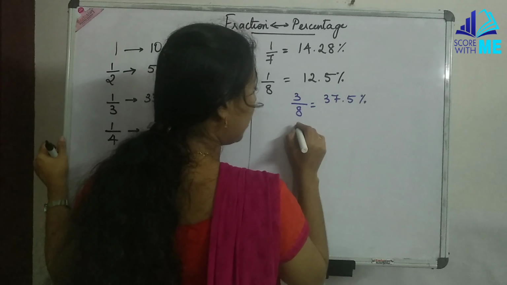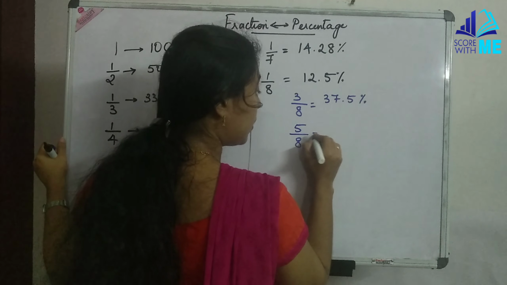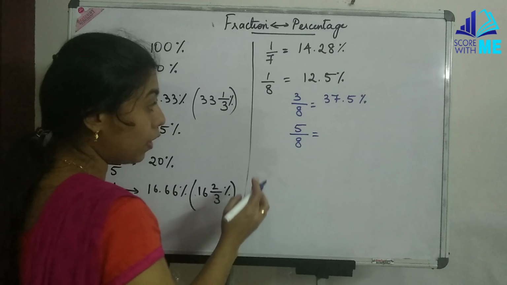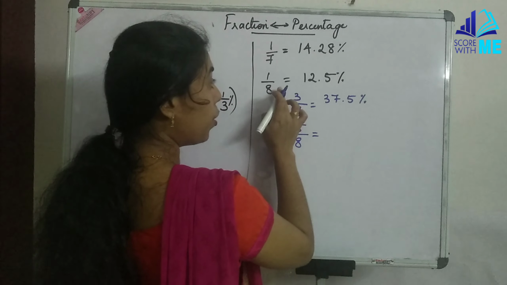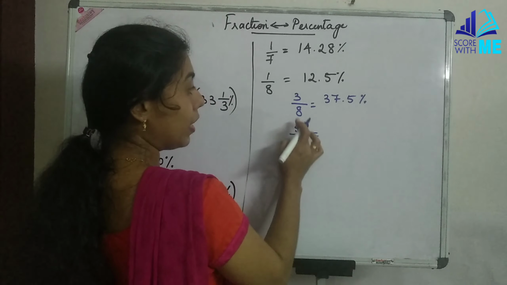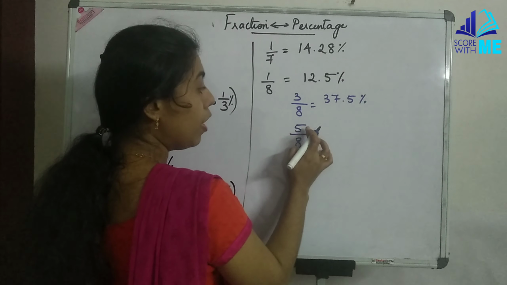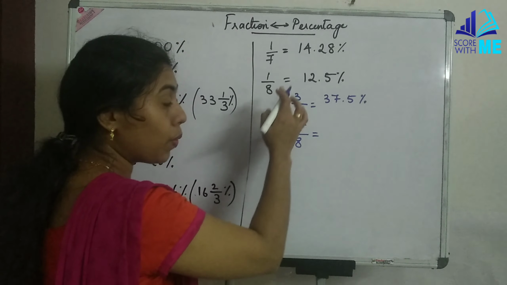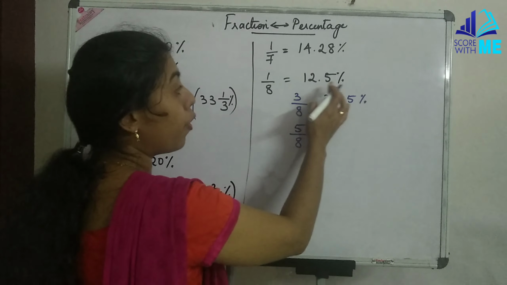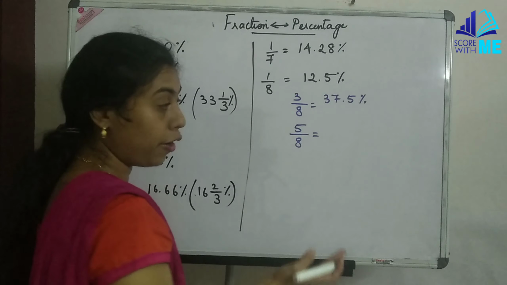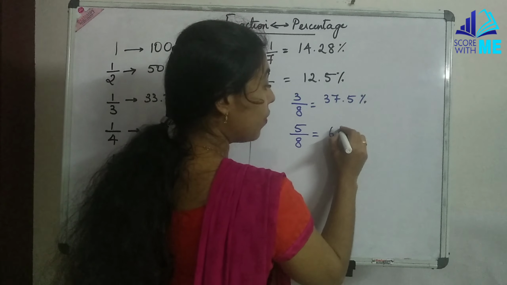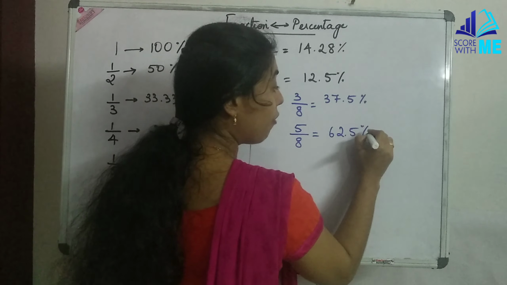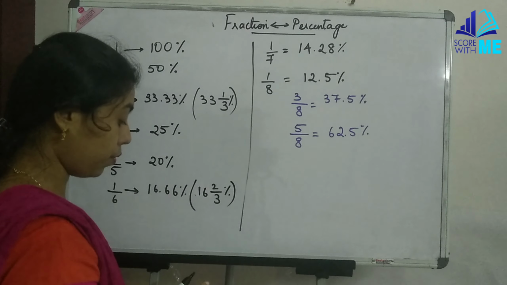Let us have this in mind, because this plays a very important role whenever fractional values come. Next, similarly comes 5 by 8. This is also another important fractional value. Its equivalent percentage is going to be 1 by 8 into 5, with 1 by 8 being 12.5. So if you multiply this by 5, 12 into 5 will give you 60, 0.5 into 5 is going to be 2.5. So 60 plus 2.5 is 62.5%. So its value also we now know.